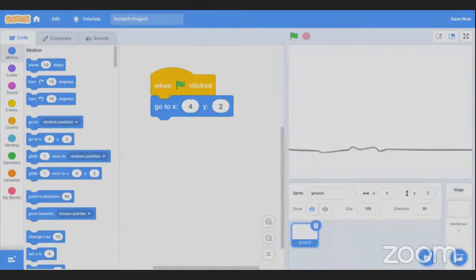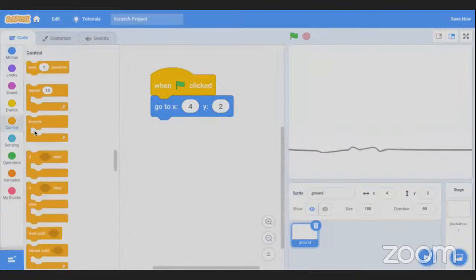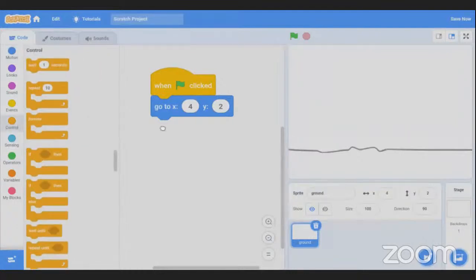So next thing I need to do is to move this ground. So I go to control and I'm going to get forever. So I get forever and I put it here, right? So after putting my forever here, the next thing I need to do is make sure this ground is moving